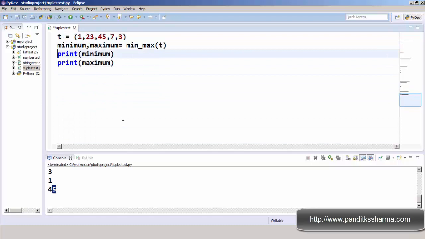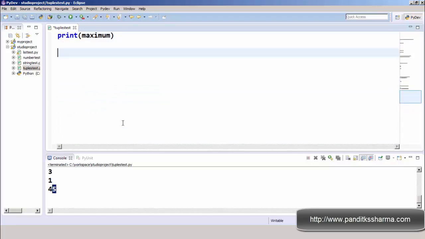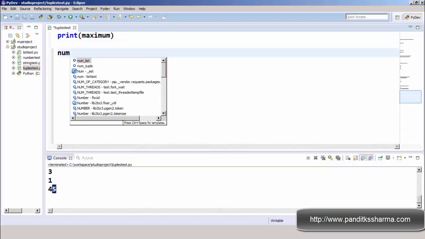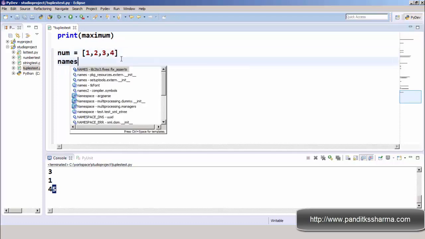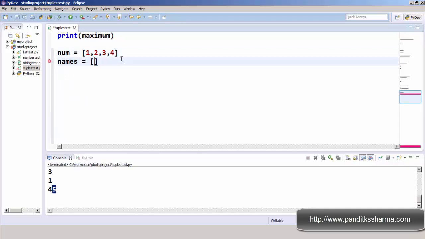Let's see. I have two lists. One is num. This is a list because I'm using square brackets here, so don't forget it. And the other list is names. It has some names as strings: Rohan, James, Zeno.